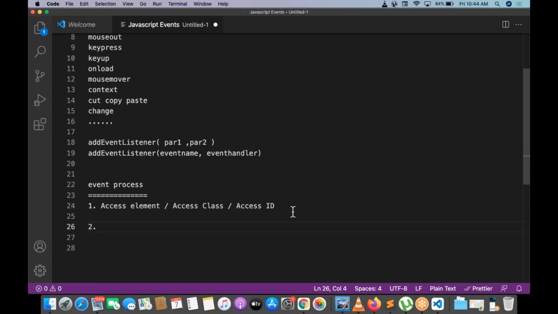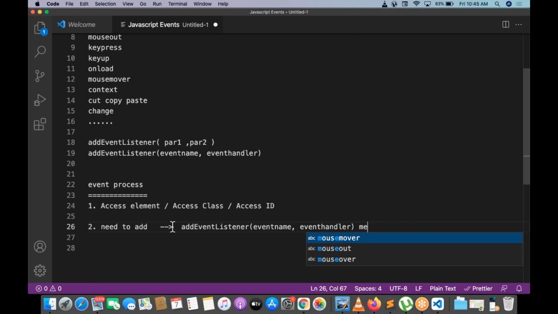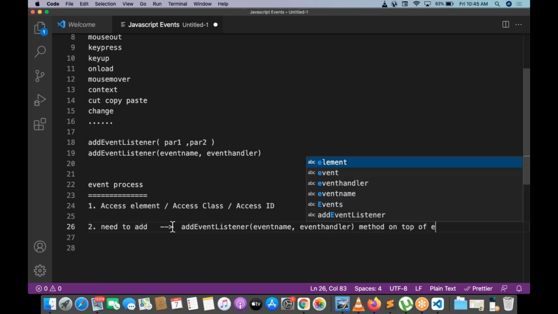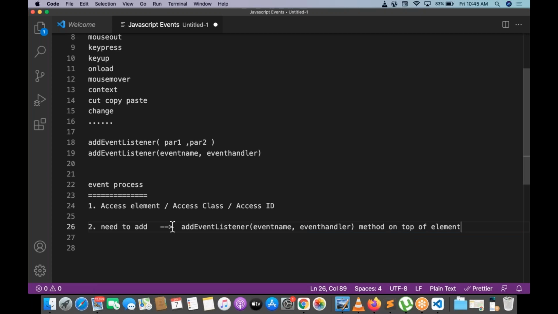After accessing the element, ID or class, we need to add the addEventListener method on top of the element.